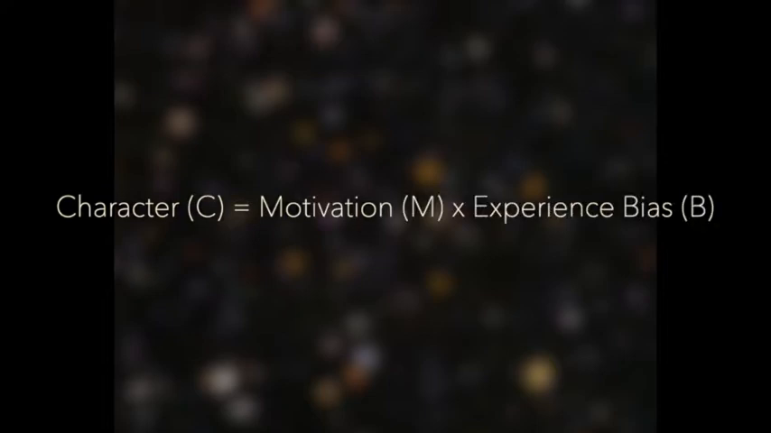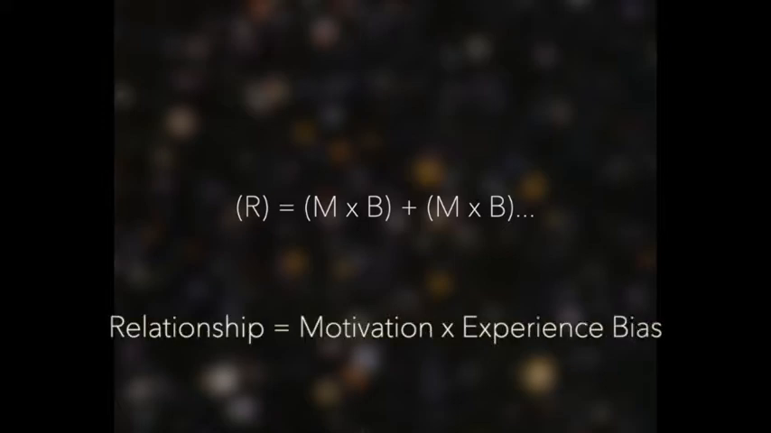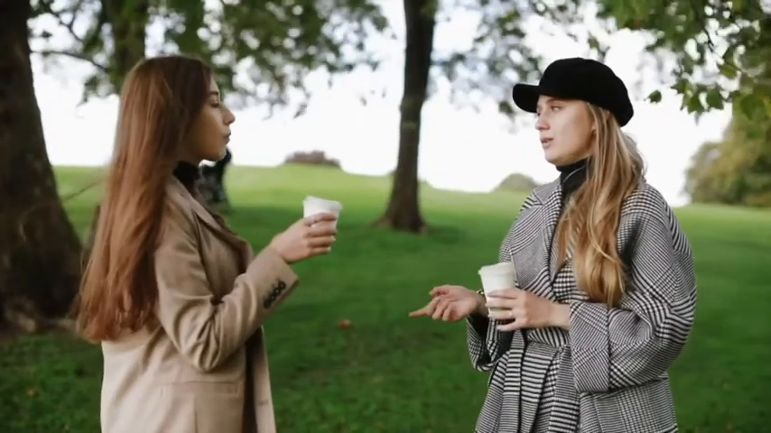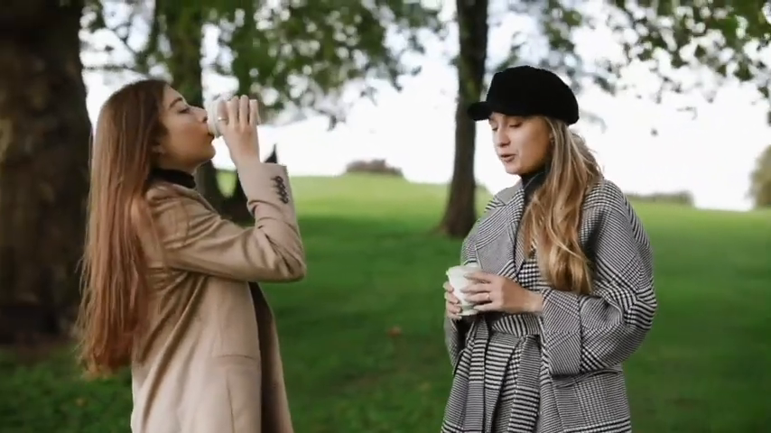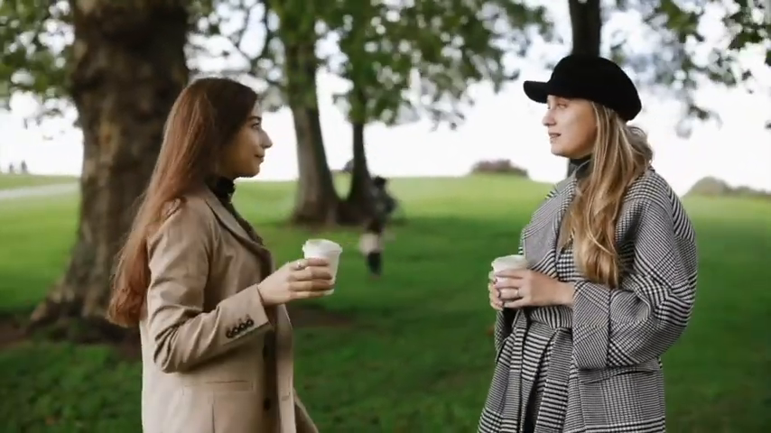Character C equals motivation M times experience bias B. Therefore, R equals M times B plus M times B, etc. Our relationship equals motivation times experience bias. That's it. If you know your protagonist's motivation and experience bias, or worldview, then you can create interesting relationships with